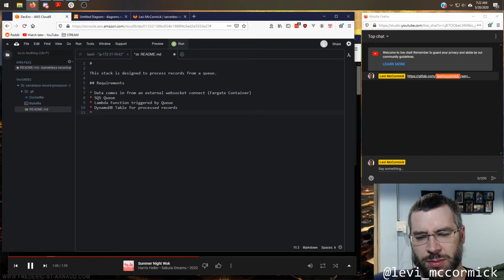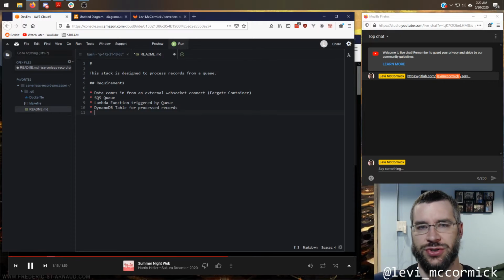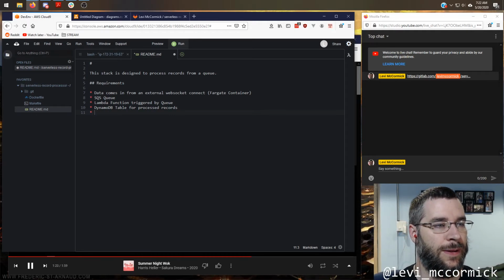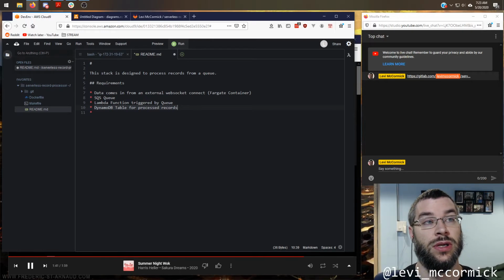When we first started talking about this, I didn't understand the data relationship very well, and as I was asking questions, it came out kind of how we were going to build this. But the first thing, the initial design I came up with was to have this container, the WebSocket consumer, write straight to Dynamo, and then use the Dynamo stream on the back end to trigger the lambdas.